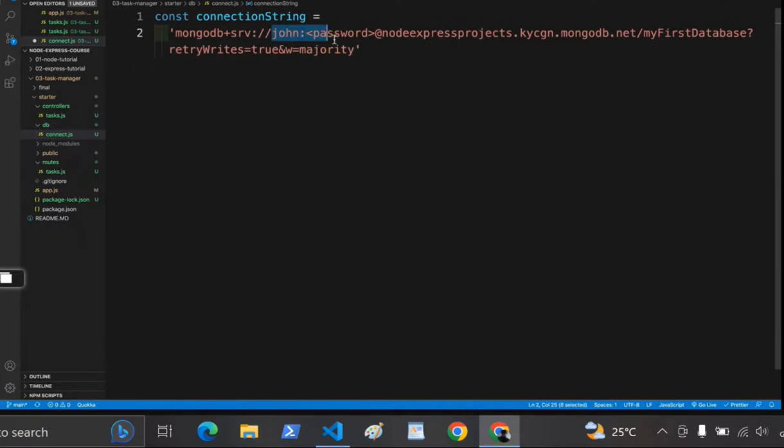Now we'll have to add some values over here, but we'll do that later once we're actually ready to connect our application to the database. So just take the string, copy